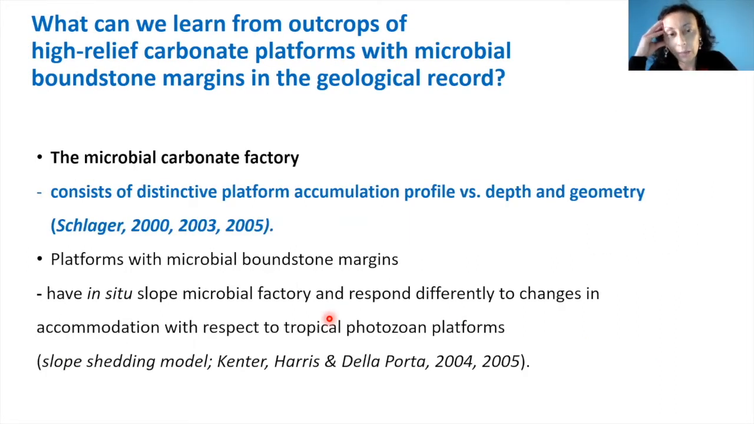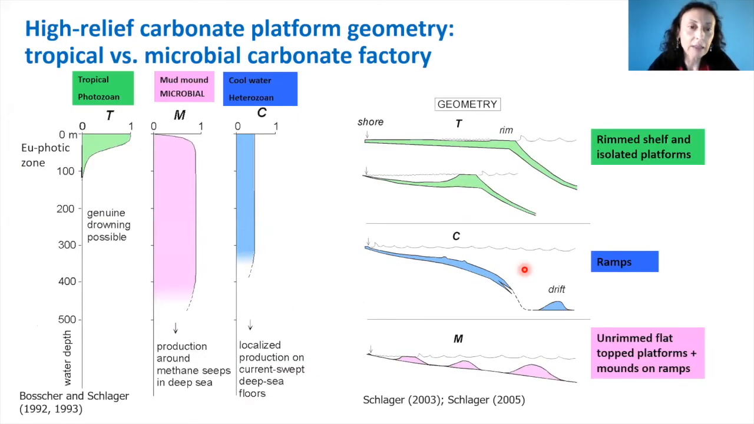The key message of this presentation are actually, as I said, studies that are nearly 20 years old, and there are 2 major concepts that I would like to focus on: the microbial carbonate factory, we know from the classification by Schlager, represent a distinctive type of carbonate platform production with distinctive profile of accumulation versus depth and platform geometry, as Wolfgang